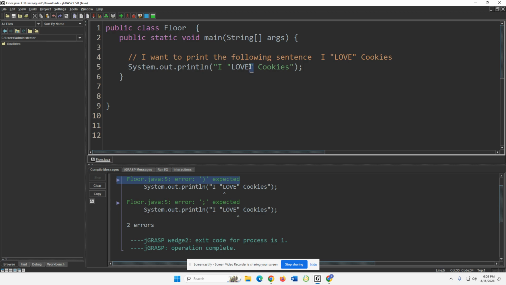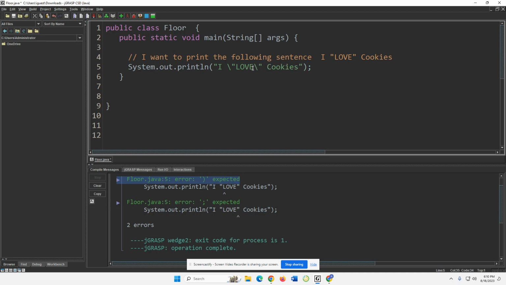Yes. So let's just say I want to have some quotes inside of that quote. What I need to do is I need to introduce something known as an illegal escape character. How an illegal escape character works is you go outside the quotes, and then you insert a slash, and then before you close